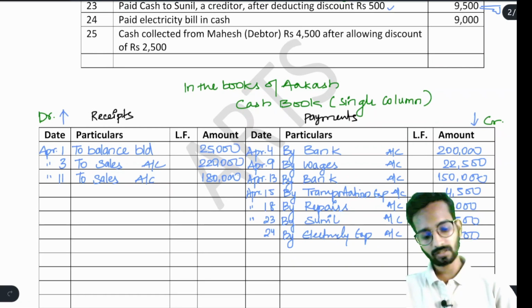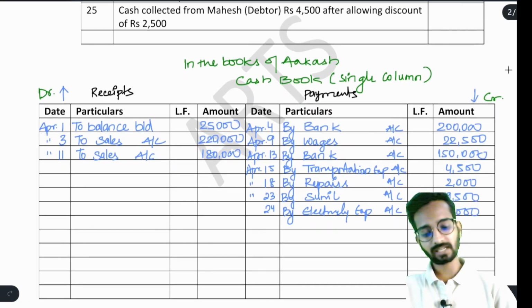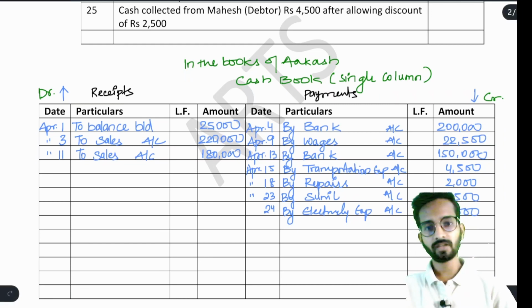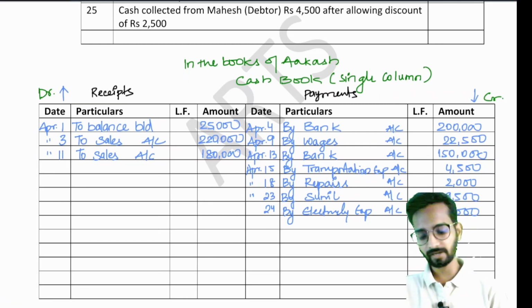9,000. Next part is cash collected from debtor Mahesh rupees 4,500 after allowing discount of rupees 2,500. See, discount allowed, discount received, it will not come in the cash book. The only focus of ours is how much money received, how much money paid. So how much money have we received? We have received 4,500 rupees. April 25 to Mahesh account